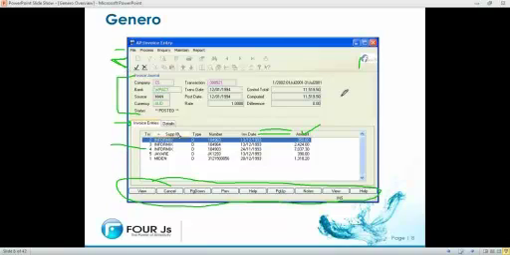Or you could even make buttons on the screen if you wanted to. Right? Not that my buttons look very good right now. But you have a lot of flexibility on how you want the application to look visually when you migrate a 4GL app to Genero. Something else maybe to notice is that some of the actions are disabled, like all this stuff up here is disabled,